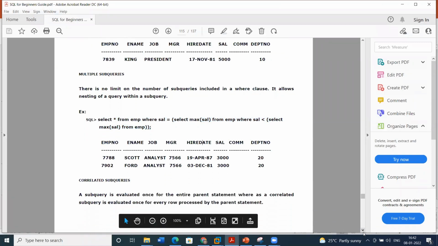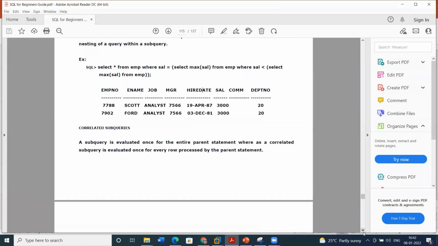And the next thing is correlated subquery. A subquery is evaluated once for the entire parent statement, whereas a correlated subquery is evaluated once for every row processed by the parent statement.